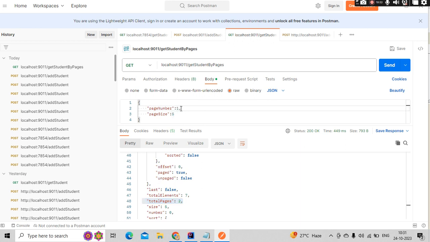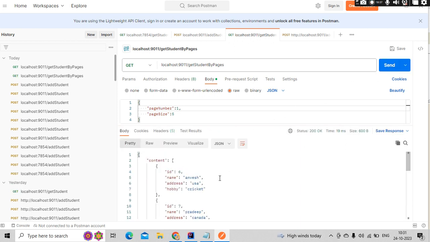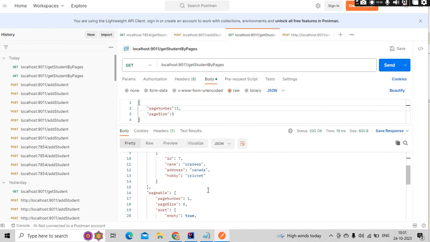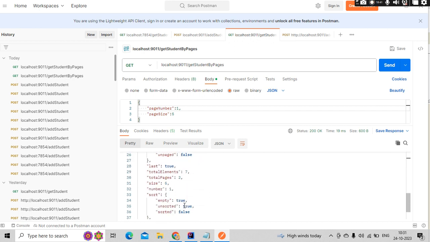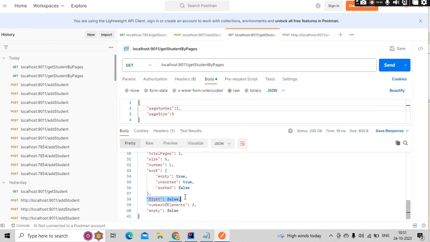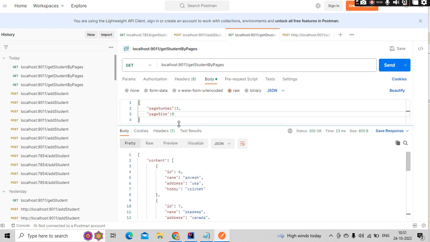If I go to the next one with page index incremented by 1, I should get 2 records, 6 and 7. Okay, and now you could see page number, other details, we got it. Is it first? No. Number of elements in this page are 2. Okay, if I give something like 8 as page size, what should I get? I should get here